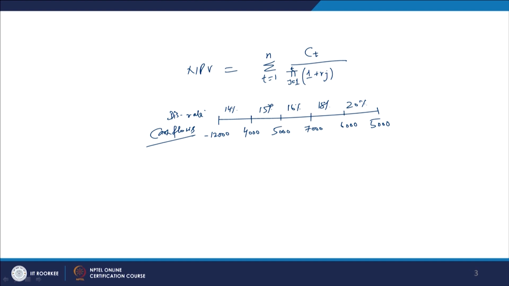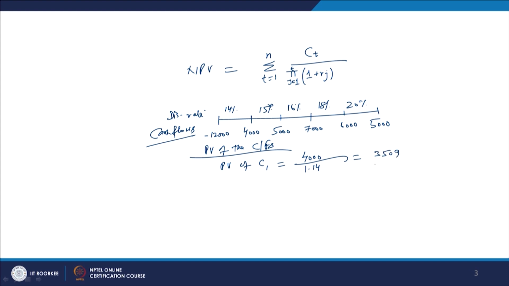Now, if this is the case, how to calculate the present value from these cash flows? We can now start calculating it. For calculating the present value, what we have to do is start with C1, cash flow 1, because it is time varying. What is C1? In period 1 it is 4,000, and the discount rate here is simply 1.14. You have to discount it against 1.14. So, if you discount 4,000 with 1.14, this amount becomes something like